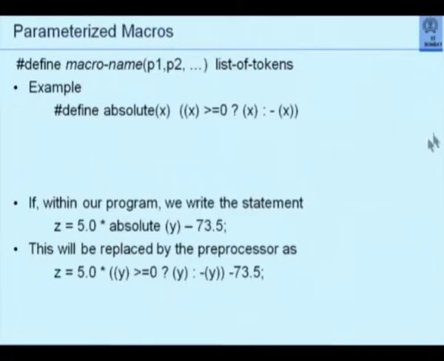So let us look at one of these. It is called a parameterized macro. A parameterized macro will have a macro name followed by certain parameters, and this list of tokens will use those parameters for defining what the replacement is going to be. Consider this, for example, define absolute x. So absolute is the name of the macro, x is a parameter, and wherever absolute something occurs in my program, it will be replaced by the right hand side. Instead of x, that something will be there. What does this macro do?